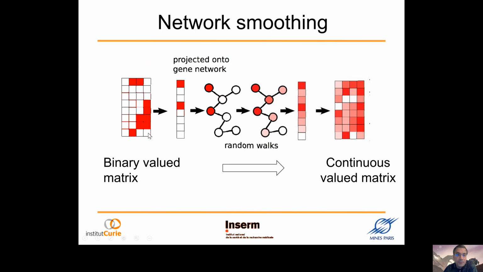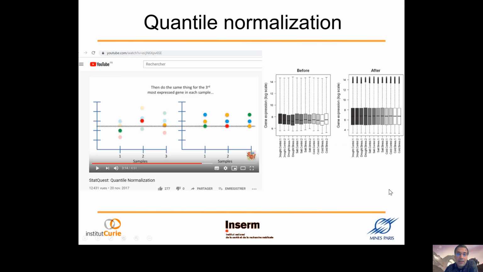So in the beginning, you have your binary valued matrix representing mutations. You take each column one by one as a binary vector, project it onto the network, then apply network smoothing. As a result, you obtain a vector with many non-zero values, and then you stack them again into the matrix, which in this case contains values between 0 and 1. It's a continuous valued matrix. Okay. Then an important step in this approach